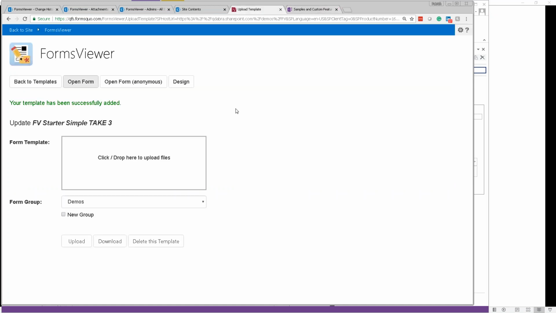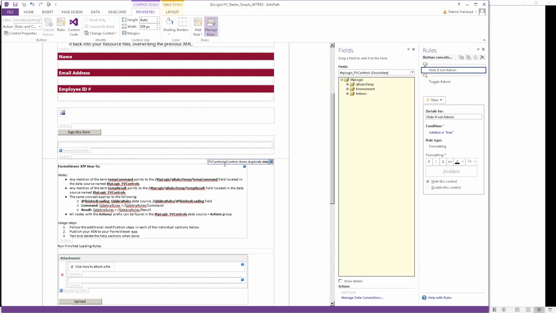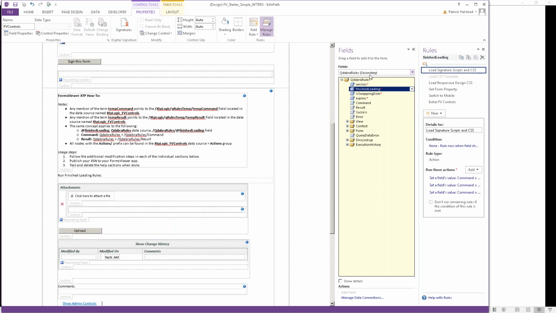So I'm on the correct site and I've got the correct thing. I must have done something wrong with one of the rules. So let's take a look at this logic on load. I didn't have this issue before when I was doing it myself. Obviously, you never would, would you? So if we look at the XTP here, XML template part logic, underneath actions,